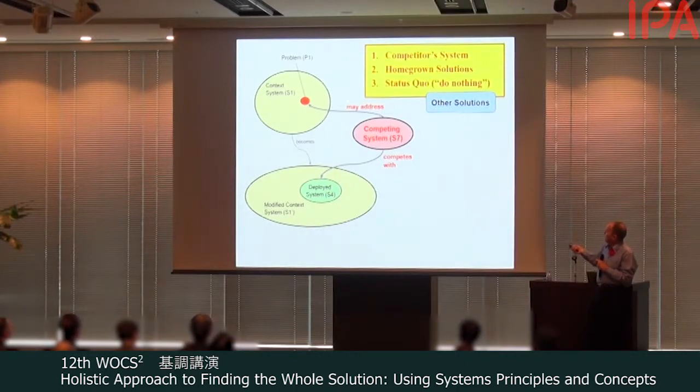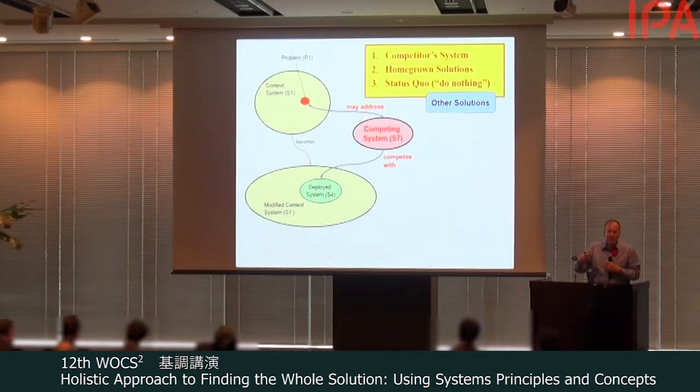So some of the competing systems in the context are like competitor systems. Users will always try to solve problems themselves, or the status quo, which is do nothing. People have inertia. People don't want to change. So that is one of the competition: going against the resistance of people for changing. Because all of our systems will have some impact on people, and people do not want to change. So we need to understand this resistance from people. So we're getting into the psychological and social aspects of the success of our system.